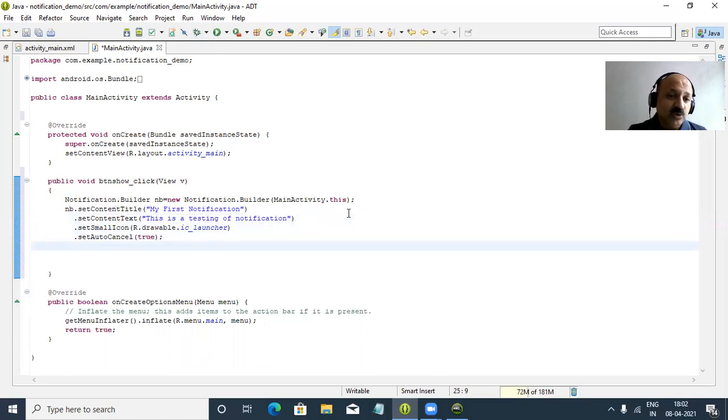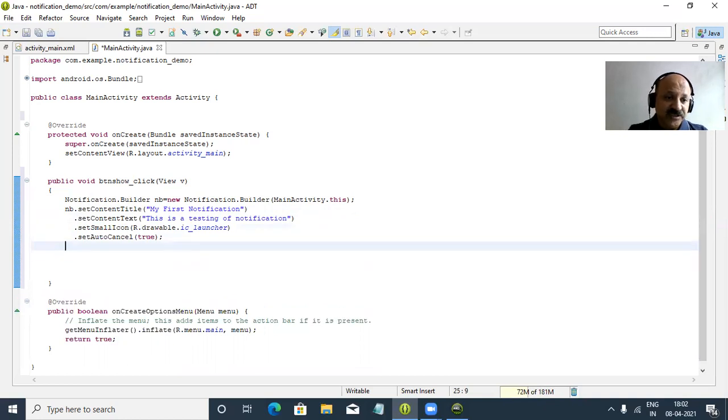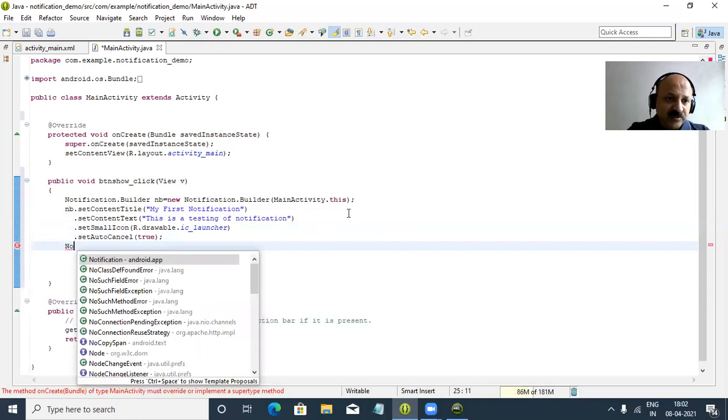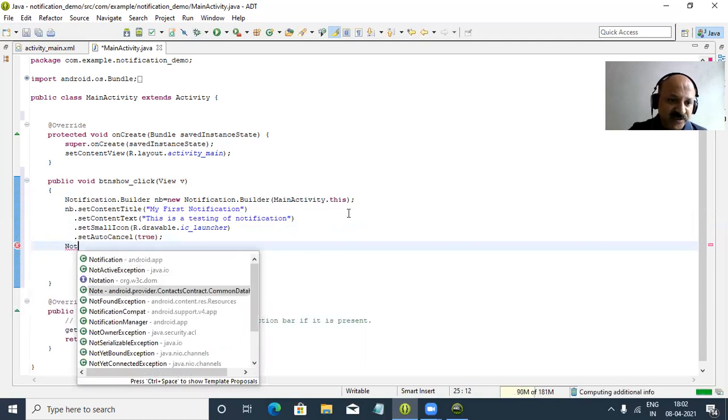So what to do? We can issue the notification, and we can create the notification manager class. So let us take the notification manager.